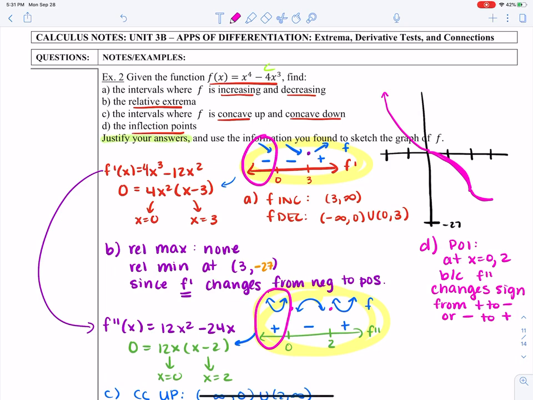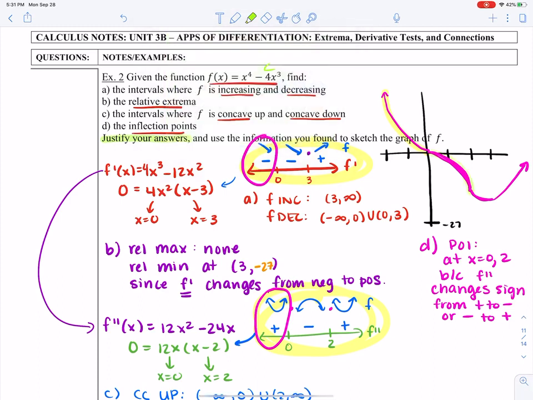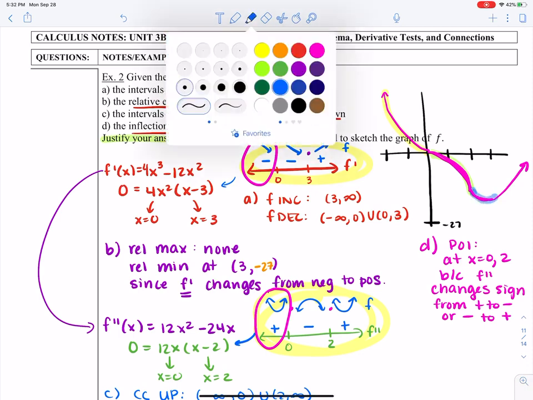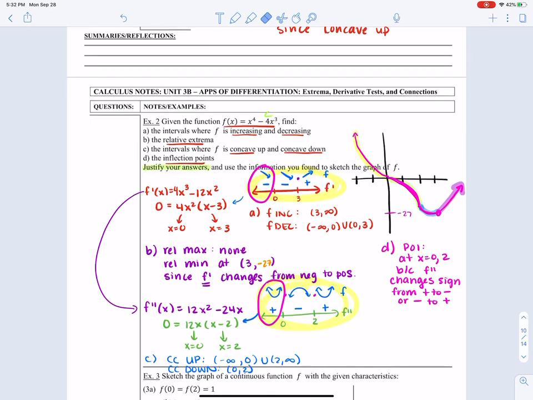All right? So you're going to have to look at two things to be able to make this sketch. You need to be looking at this number line and also at this number line. And you're going to break it up into pieces. Okay? So we're going to go to 0. And if you look at it from 0, it says that the graph is going to be decreasing, but also concave up. So I need to make a graph that kind of looks decreasing, but concave up. So I'm looking at